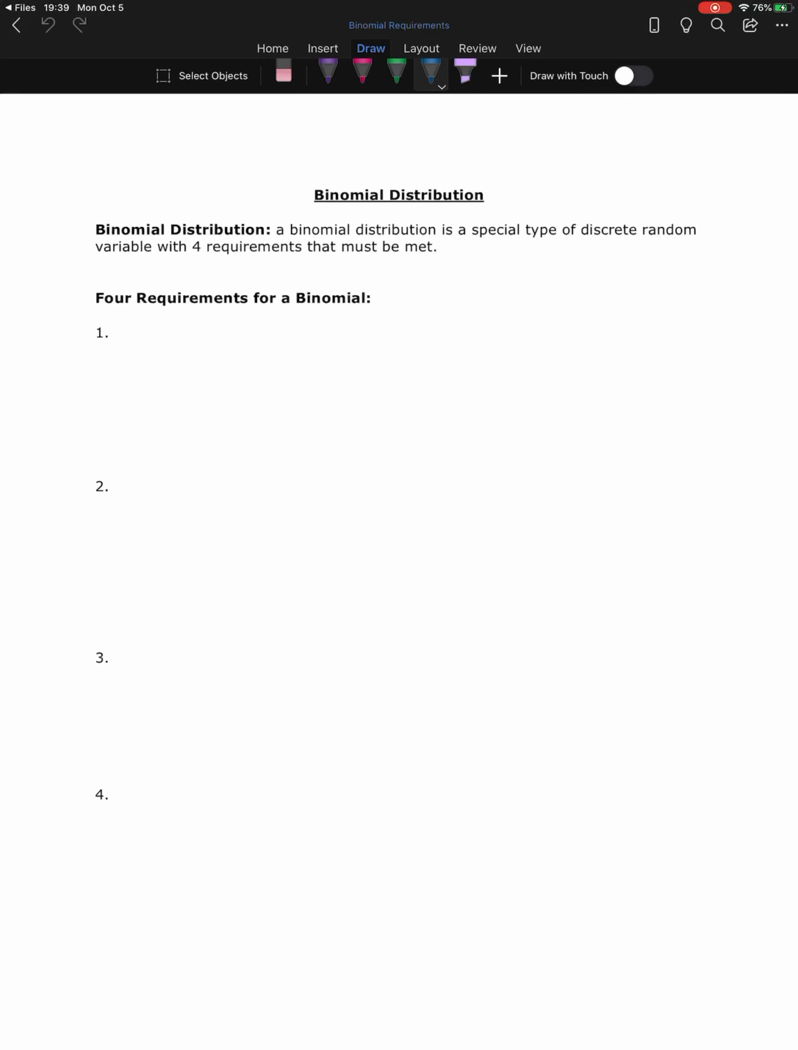All right, so now we're going to talk about a very special type of discrete random probability distribution, or discrete random variable, which is the binomial distribution. A binomial distribution is a discrete random variable, but there are 4 specific requirements that must be met for it to be a binomial. These 4 requirements are,